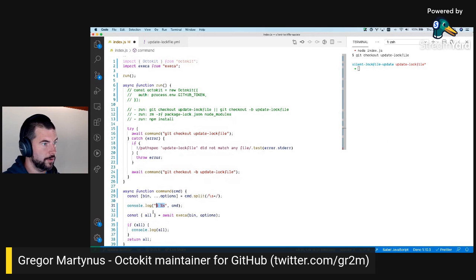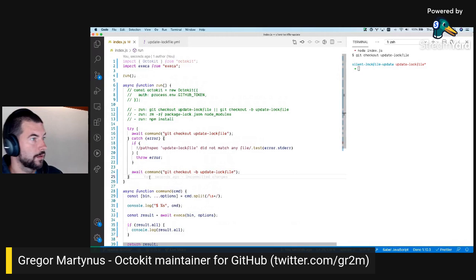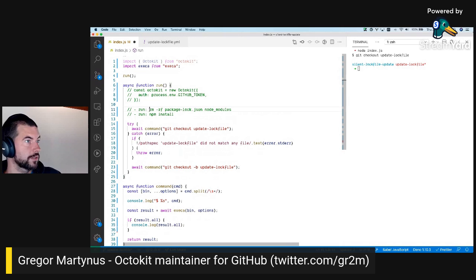So we log out the command, we execute the command with the options, we log out the output if there is any, and we return. Actually, we can do this and then return the whole result. That's better. Okay. So we did this, and now